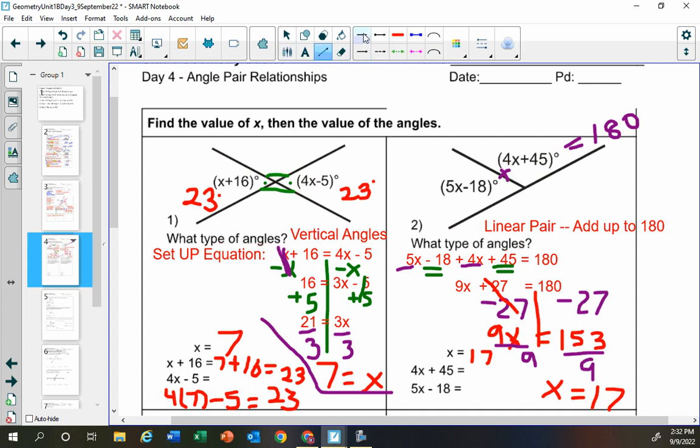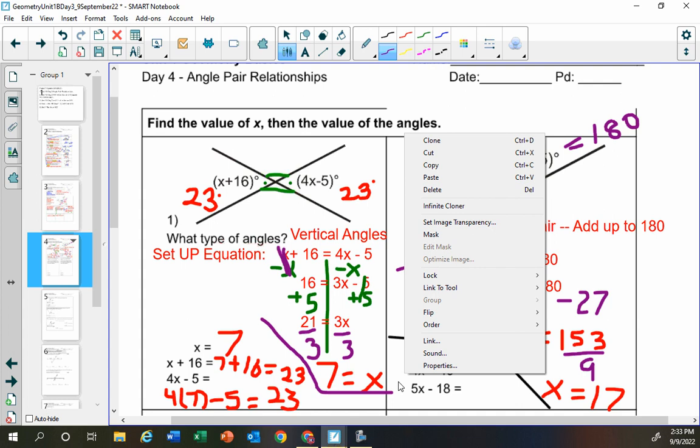All right, I'm going to make some space. Okay, so we have x is 17. So now for the final two angles. So now we're going to plug it in. So it's going to be 4